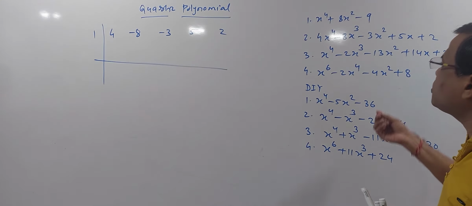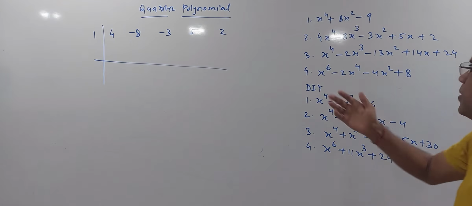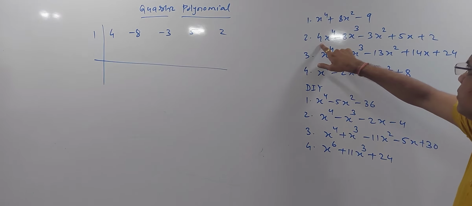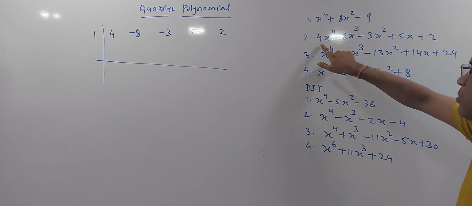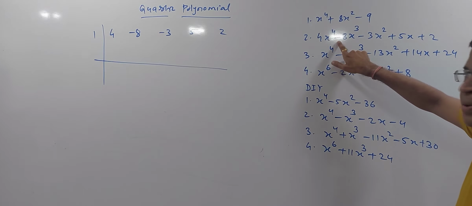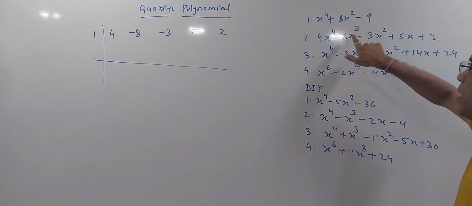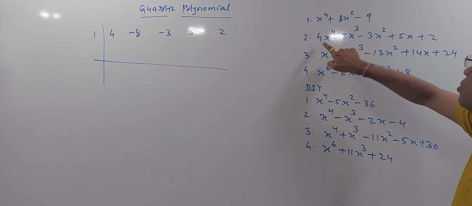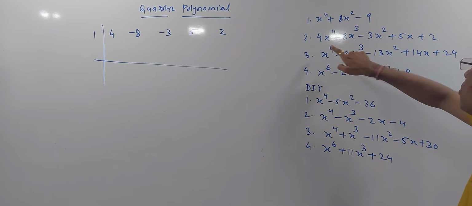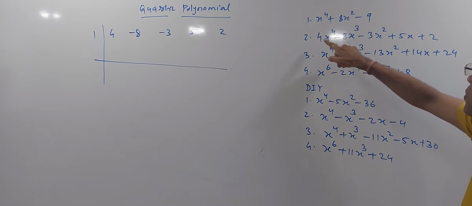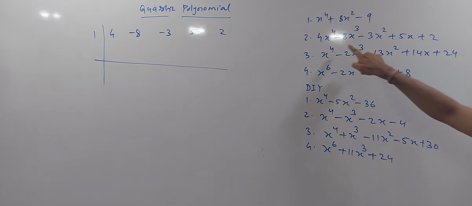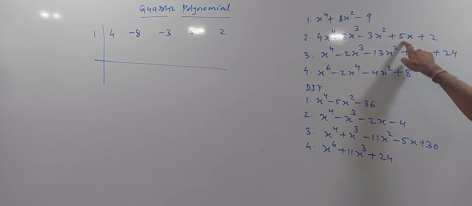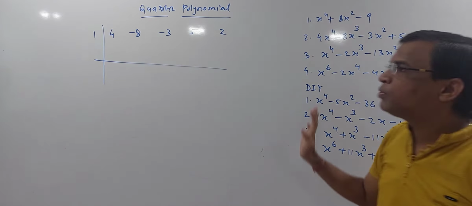So we can also try with minus 1. It's very simple. By putting x is equal to minus 1, we just have to sum the alternate terms. So this becomes 4, this will be plus, because minus 1 cube will be minus and this minus becomes plus. We know the direct relation is just to sum the alternate coefficients. So 4 minus 3 is 1, plus 2 is 3, and 5 and minus 8 is minus 3. So it won't be possible.